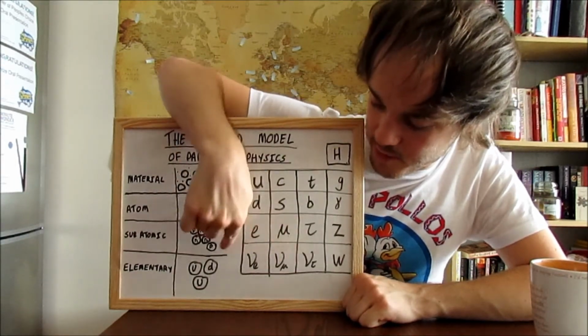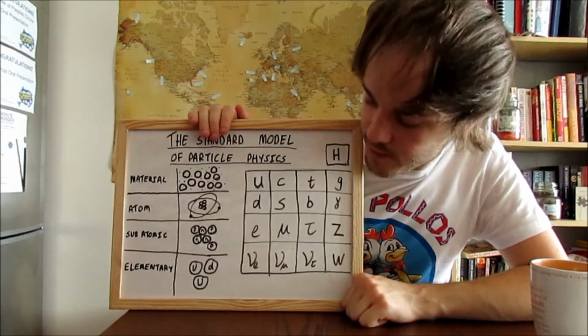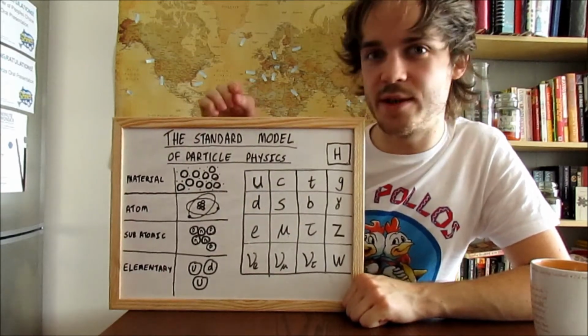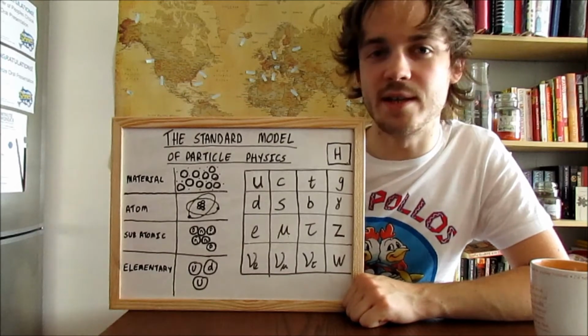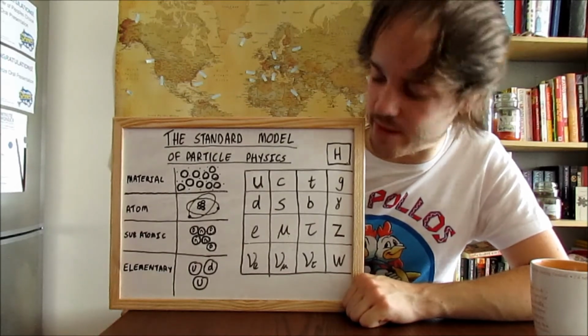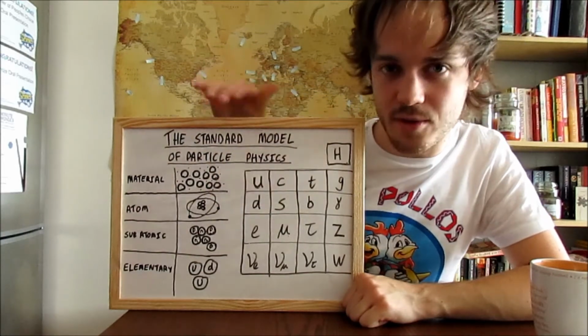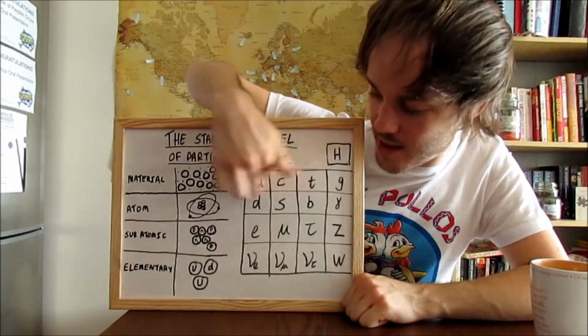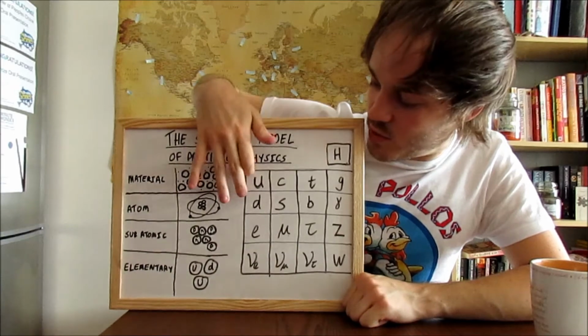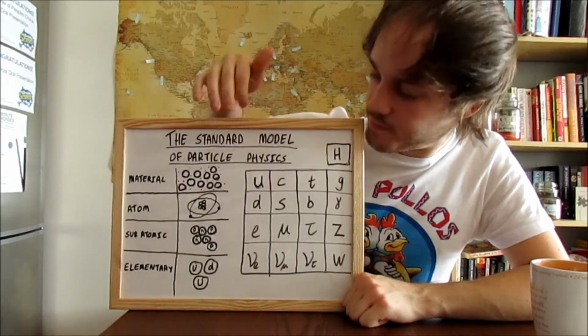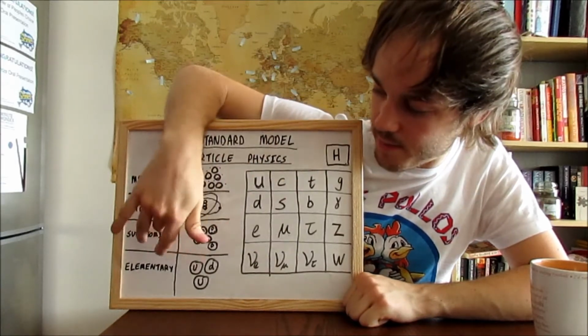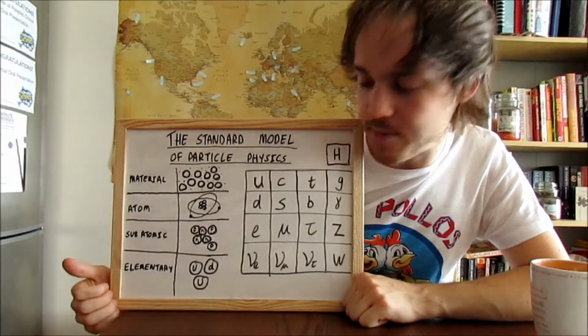So along here, the bottom row, we have things called neutrinos, and these are very, very small particles, and they're released by things like the sun. They carry lots of energy. Along here we have electron, muon, tauon. These are small particles, and then along here, these 2 rows are particles that make up particles like this. They make up things called